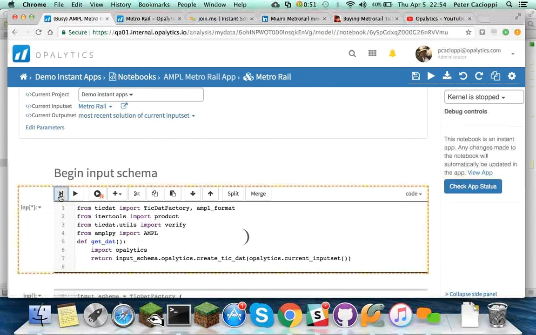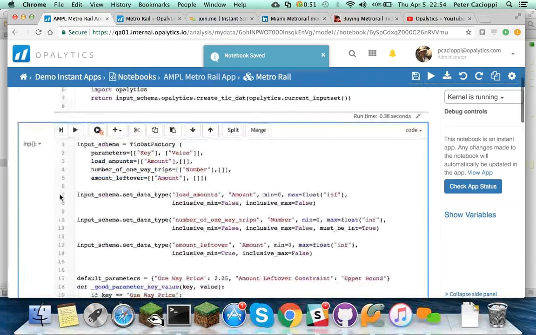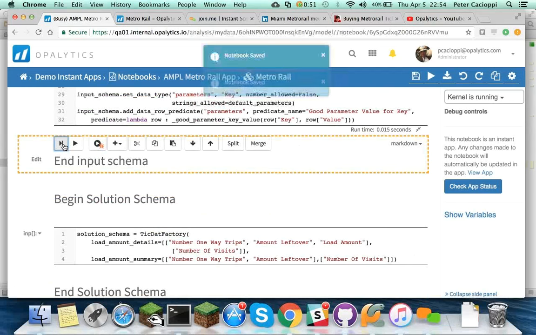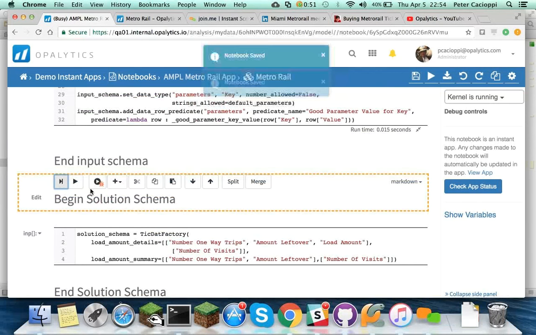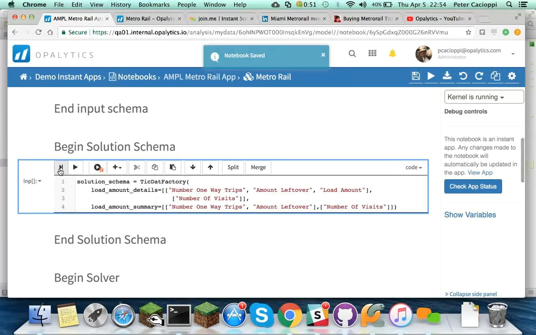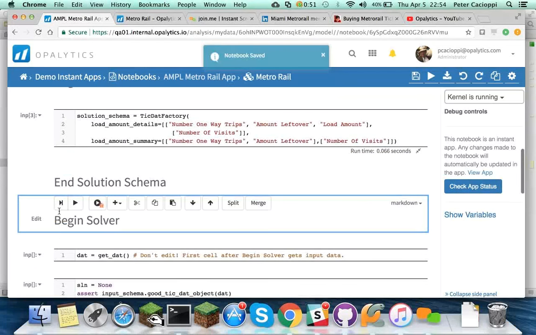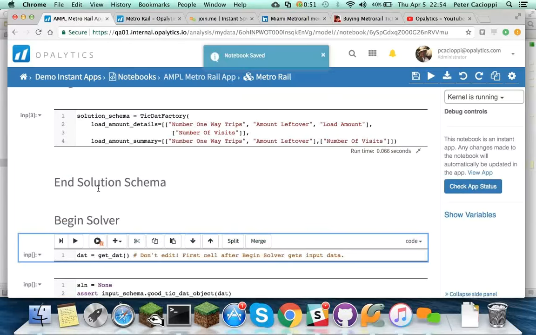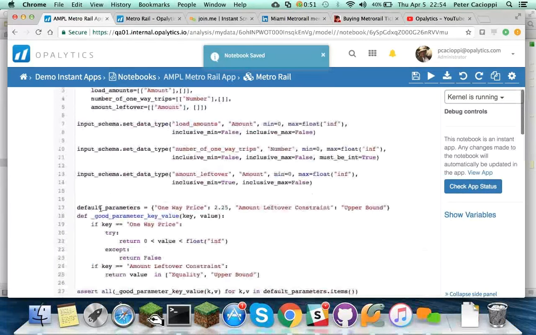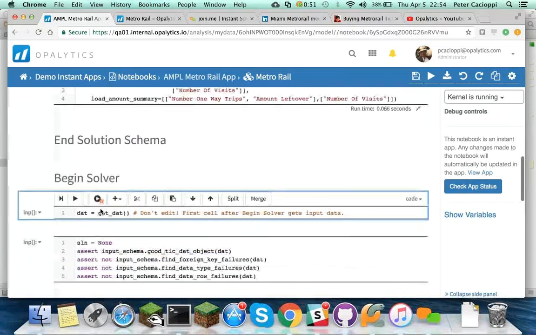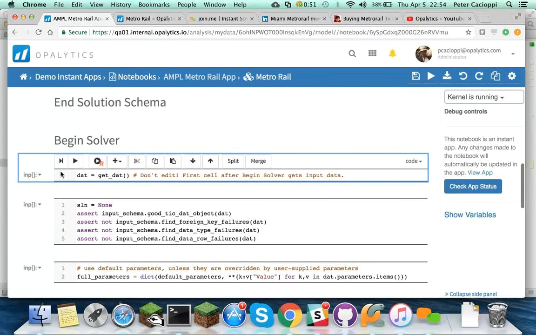So I'm executing a cell here, a cell here. Might as well keep executing. Can execute those non-code cells, those markdown cells. We'll execute the markdown cells as well. Okay, now we've gone through just the setup here of defining the input schema, defining the solution schema, importing the needed modules, importing the needed packages. Now we're getting down into the